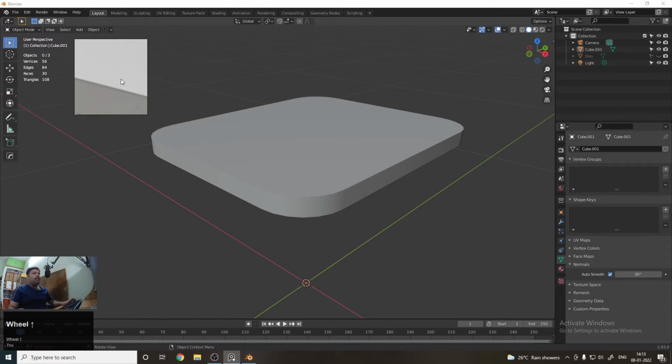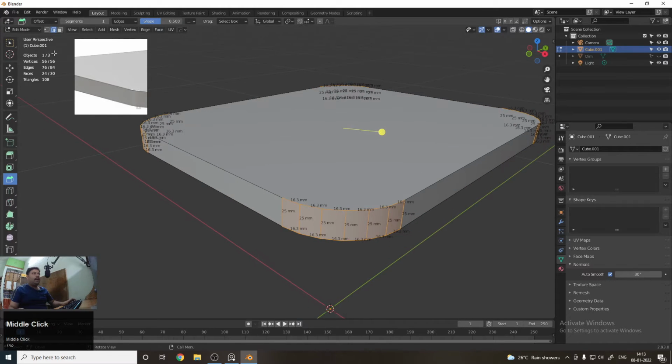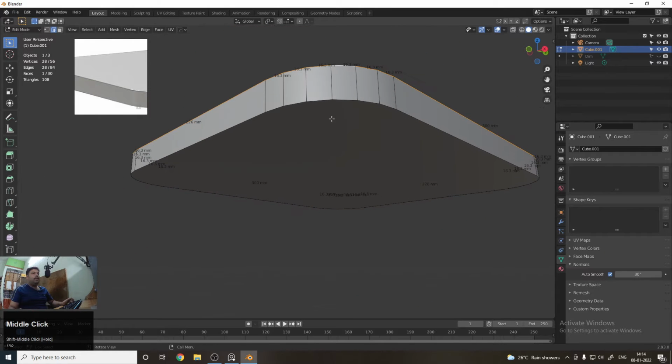Now you can see that in the reference image, a little bit of bevel is also there on the edge. It's a similar process to create the bevel. First you have to go into edit mode with the help of Tab. Then you need to click on the face, or you can select the edges one by one. To select the edges at once, click on any edge first, then hold Alt and click to select multiple edges. In a similar way, with the help of Shift, select another edge, then Shift and Alt click.